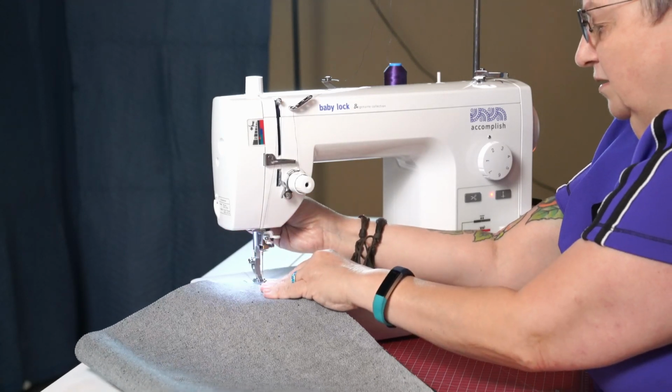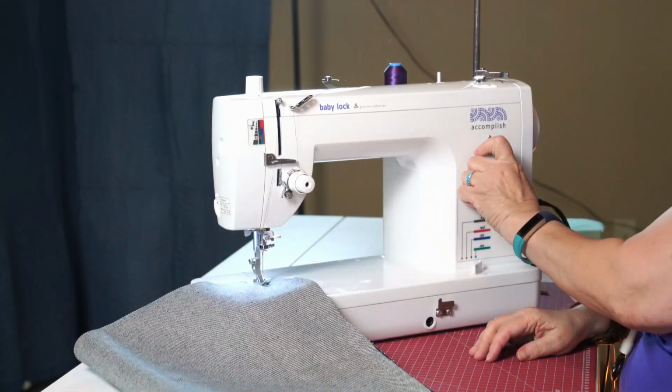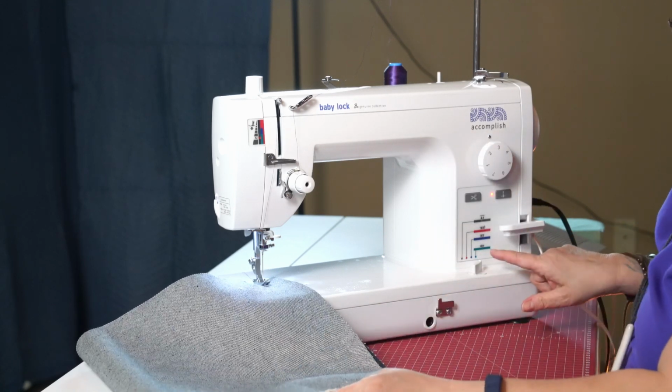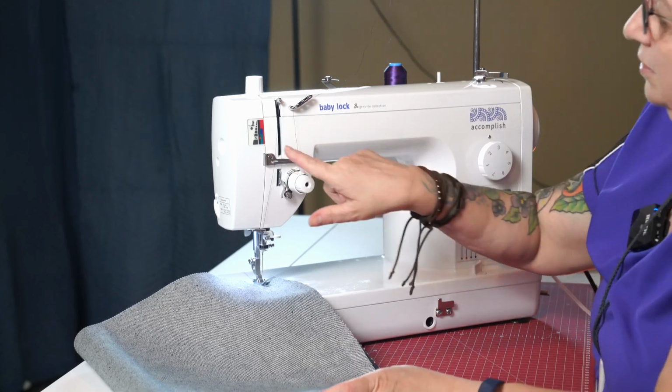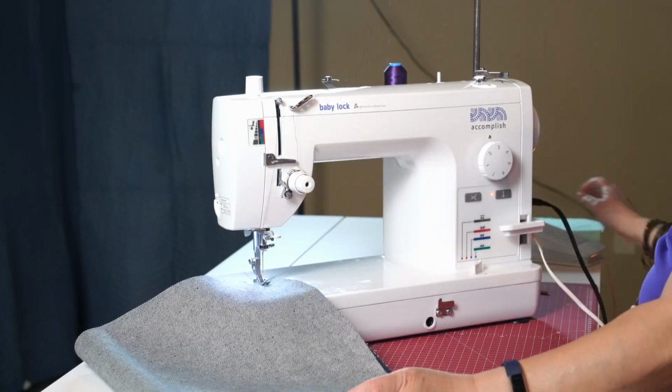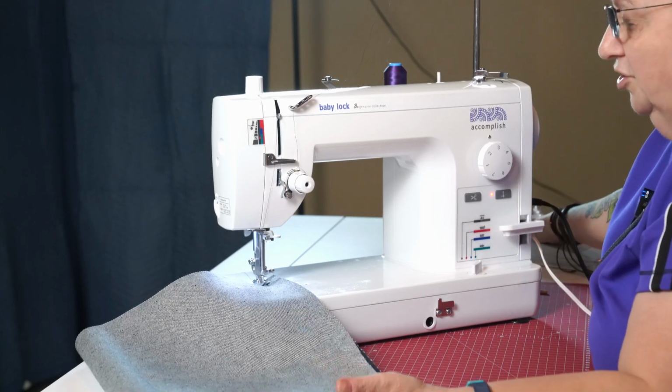All right. So I'm going to increase my stitch length. My feed dogs are on the green. My pressure's on the green. I've got all my holes filled in there. And let's see what she does. She shouldn't have any